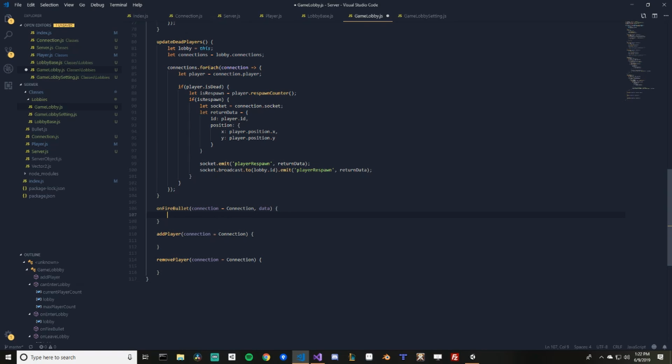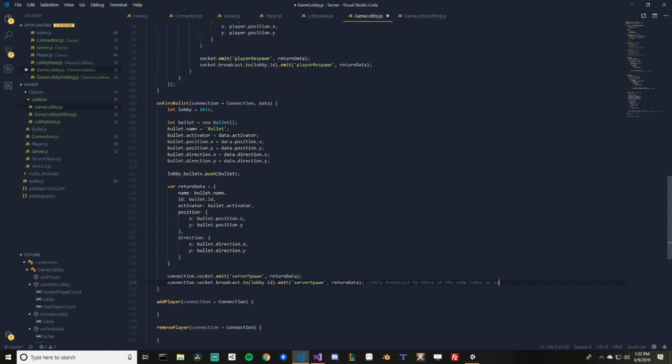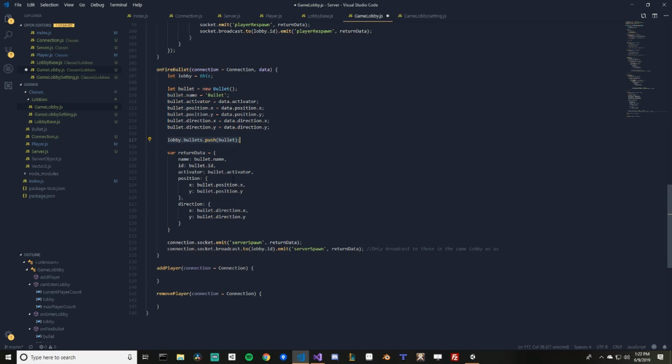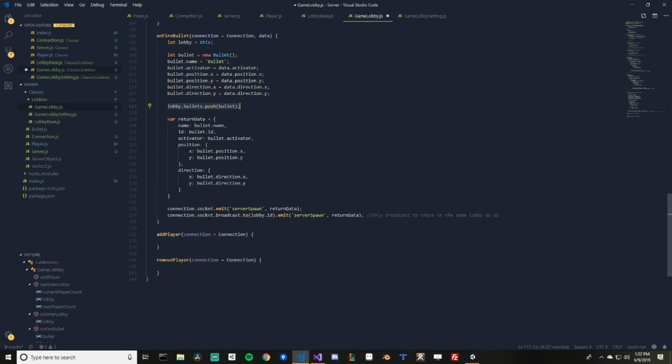I probably am pretty good at just copying and pasting that. So basically, like before, we create any bullets, assign the activator, the position, the direction. We push it into lobby bullets, so that will be a change if you're copying and pasting it. Then we have the return data, should be good, and then keep in mind, now we have to do connection.socket